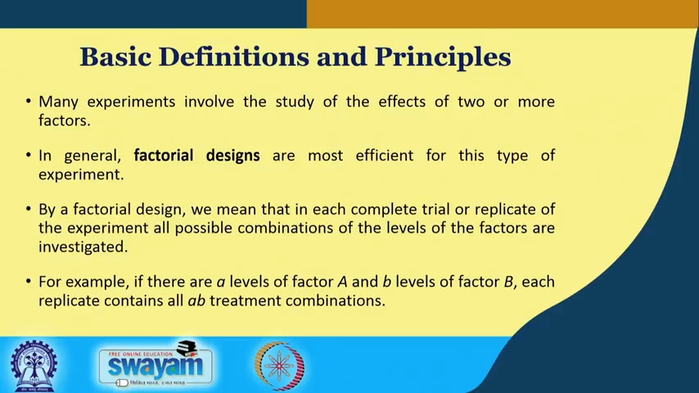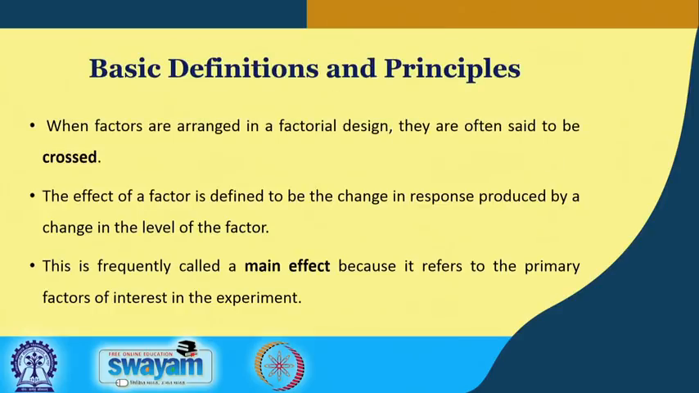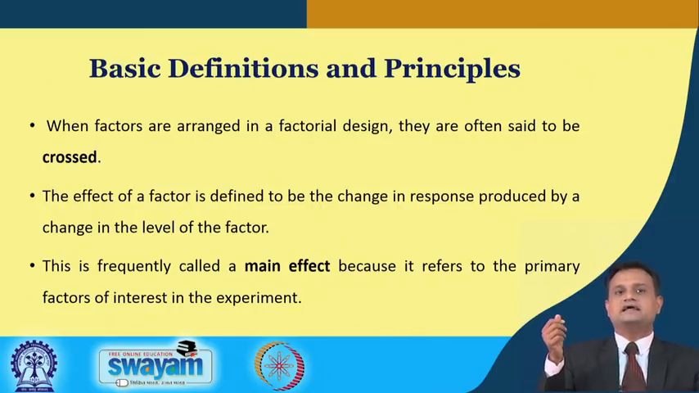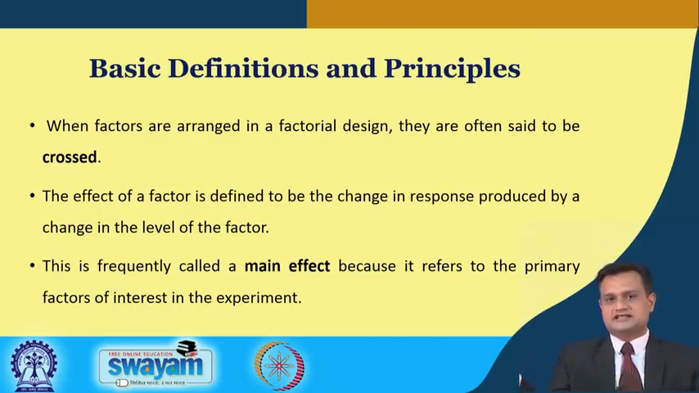If there are a levels of factor A and b levels of factor B, each replicate contains all a times b treatment combinations. Many times, when you do the design of experiment and factors are arranged in a factorial design, they are often said to be crossed. So, you have two factors, you are creating a number of replicates, and often we call them crossed factors. The effect of a factor is defined to be the change in response produced by a change in the level of the factor. So, you change the temperature level, you change the pressure level,